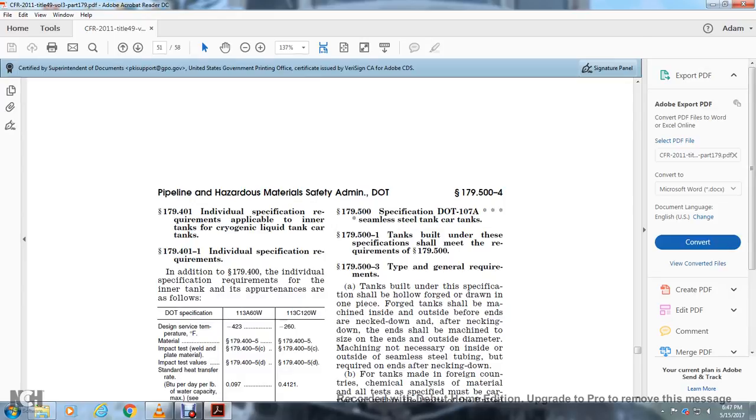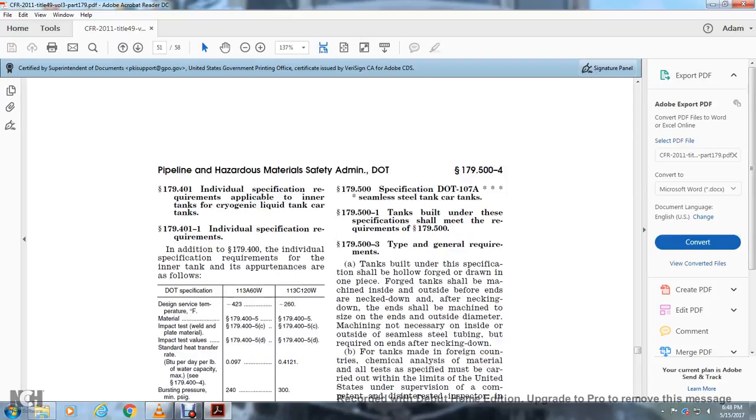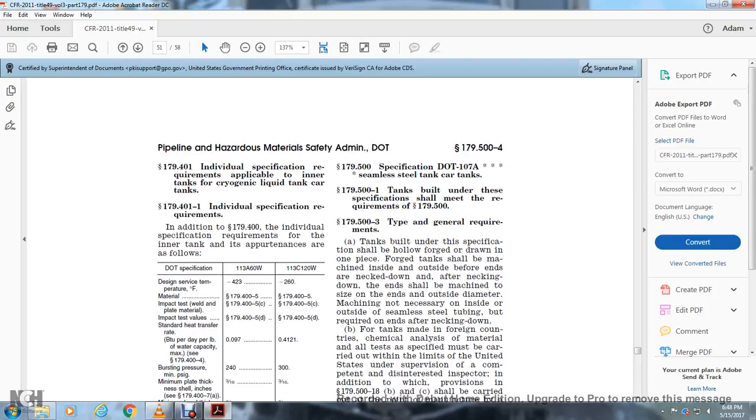Section 179.401, individual specification requirements applicable to the inner tanker cars, cryogenic liquid tanker cars. 179.401: individual specification requirements for the inner tanks are as follows. DOT specification, surface temperature, material impact test of the welded and plate materials, impact test values, standard heat transfer rate, BTU